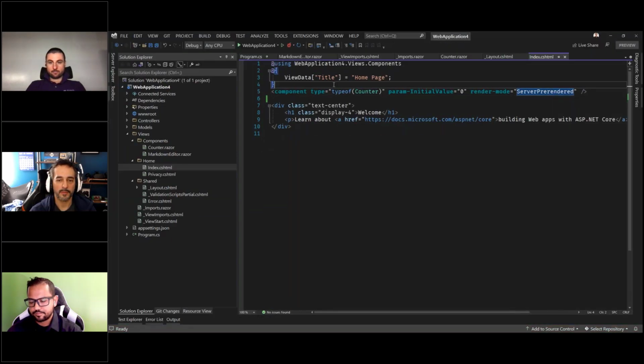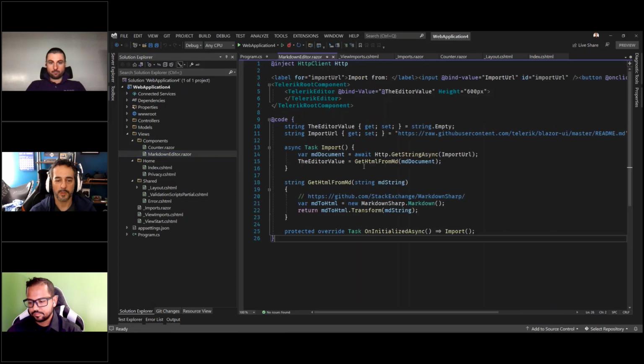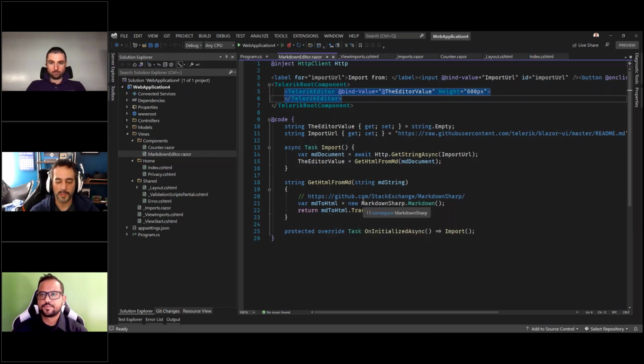Now, that counter component might not be the most impressive thing. So I've got another Razor component that I wrote. Not a lot of code in here, but this is using the Telerik editor and some NuGet packages to make a Markdown editor. So just this little bit of code here, I'll actually be able to import Markdown from the web into an editor right in my